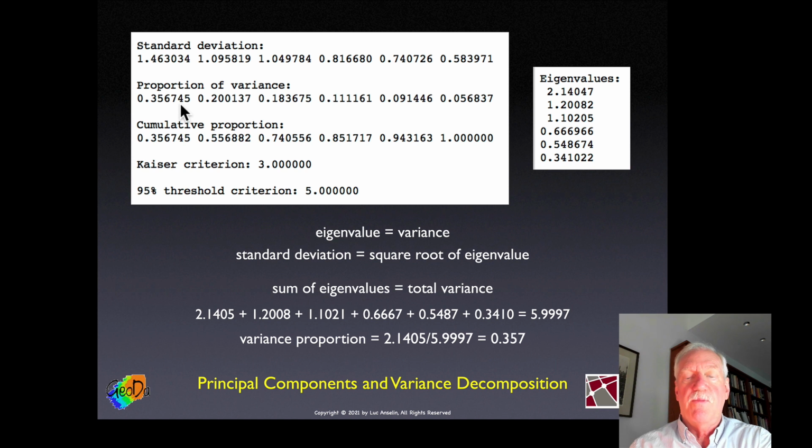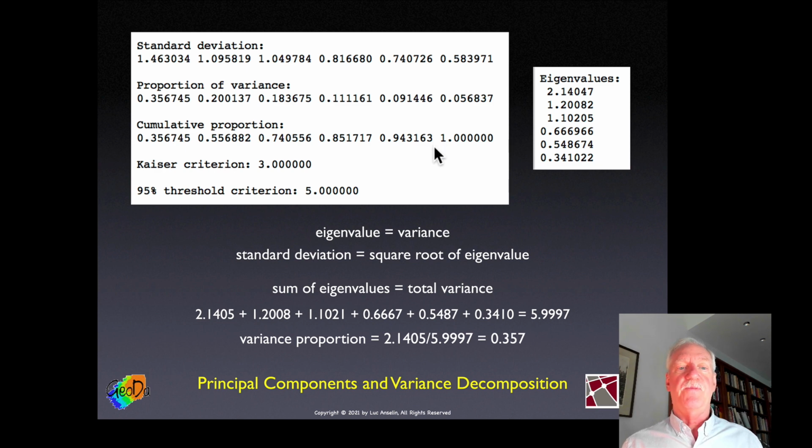So we can compute that by hand, or of course GeoDa does it for you. We see that the first principal component explains about 36%, then it drops to 20%, then it drops to 18%. So it always drops because the eigenvalues have been sorted in order of magnitude. And then once we have the individual proportions of the variance, we can look at the cumulative proportions. And here we see after 3 we have 74%. After 5 we have